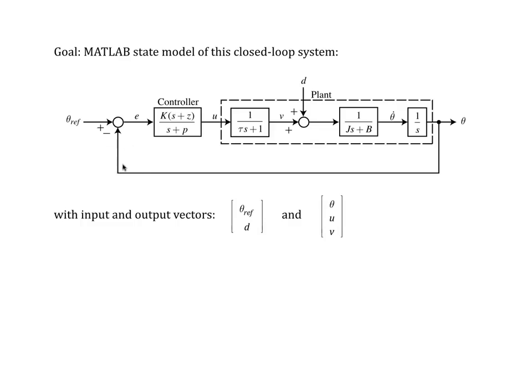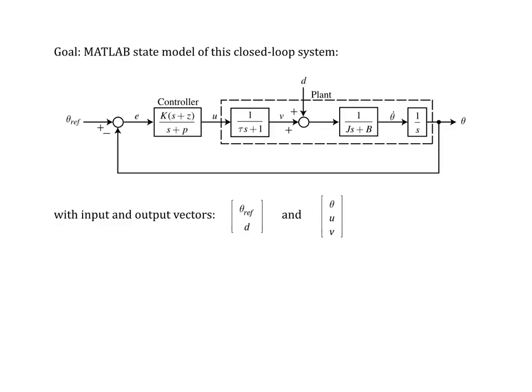output theta. Now for this MATLAB state model I wish to generate, I have some specific ideas about what the input and output vectors should be. Namely, I want the input vector to have two elements, the first one being theta ref, the second one being the disturbance input D. The output signal is 3 elements. The first element I want to be the output theta of the plant. The second one is to be the control signal U, and finally the third one is to be the actuator